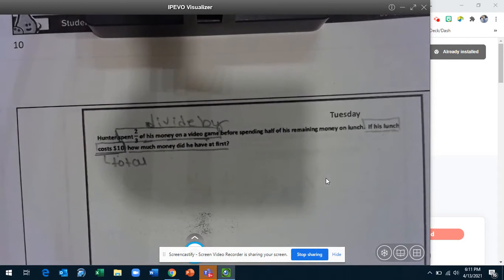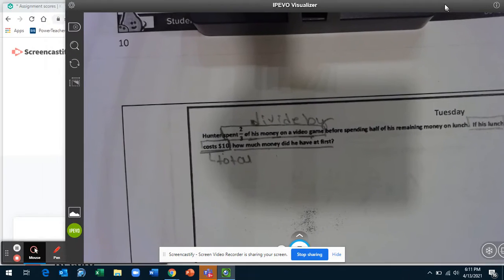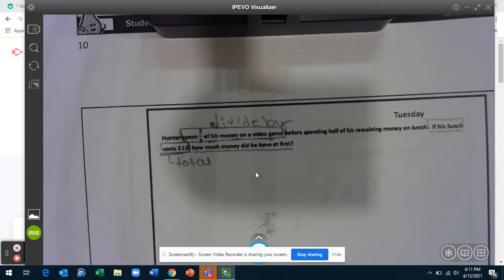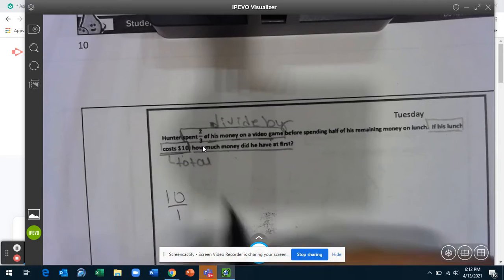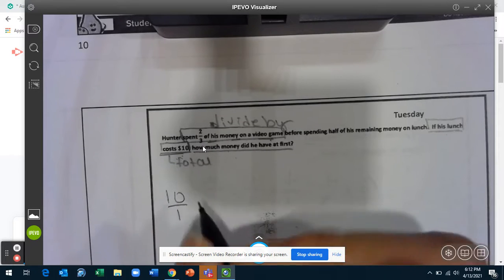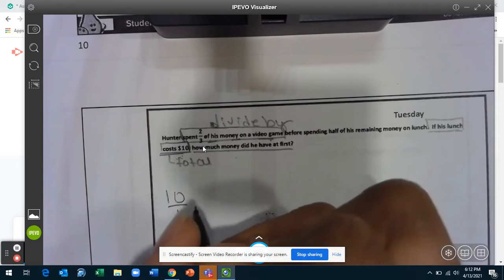Now, the majority of you will probably write this as two-thirds divided by 10, but in all actuality, it is 10 divided by two-thirds. The reason is because two-thirds is what we're trying to figure out: how much money did he have. We know that two-thirds of his money is $10. All right, so we want to write $10 over 1 because that is my total. That's what we know that he has right now. Divided by